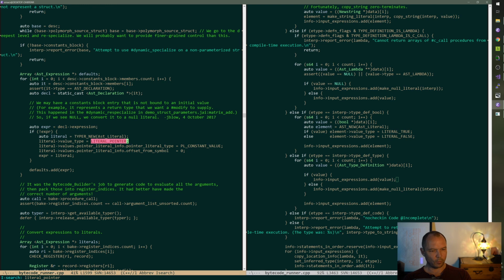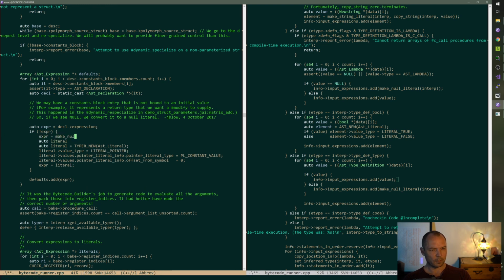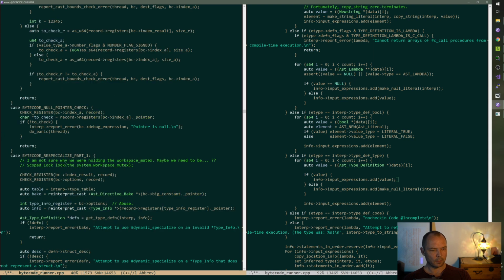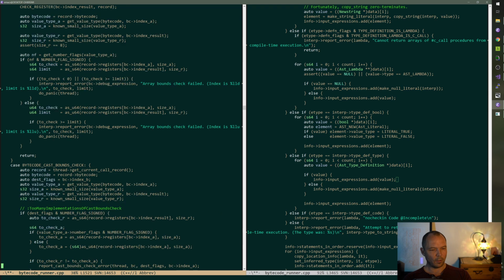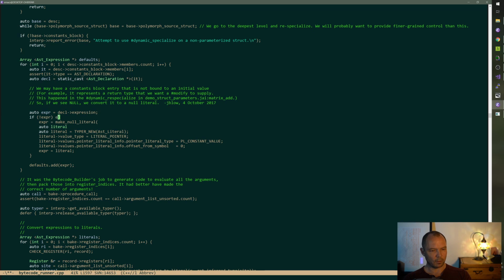Where did I put this pointer literal? This is in bytecode respecialize, which honestly, that is probably fine the way that it was.